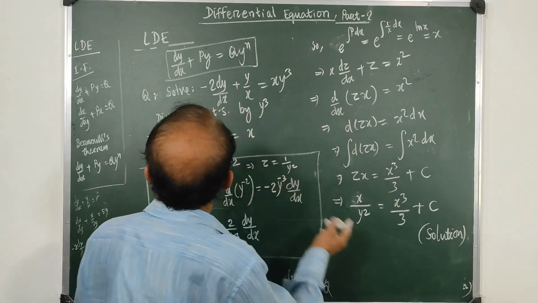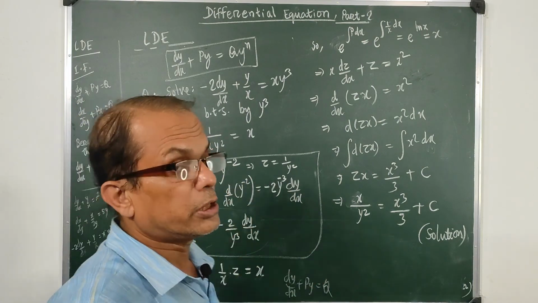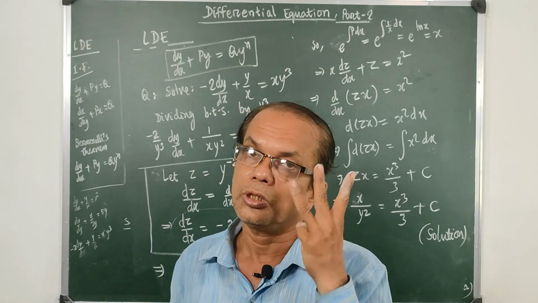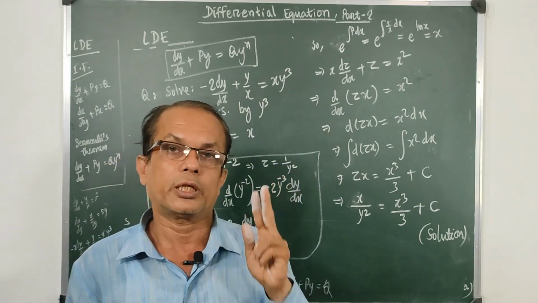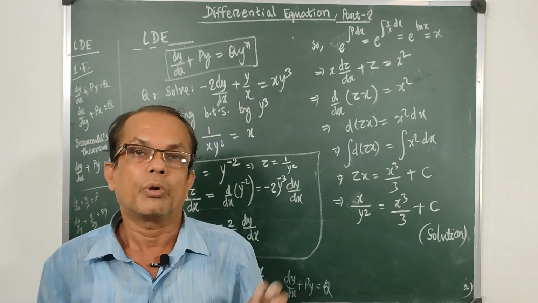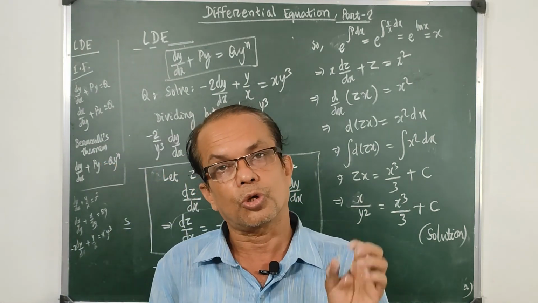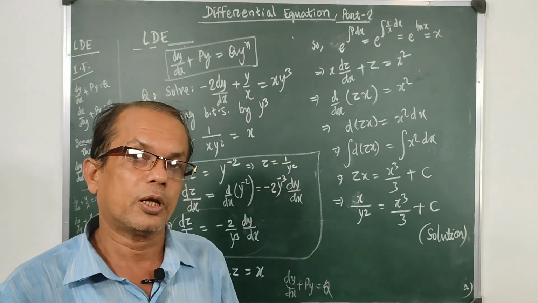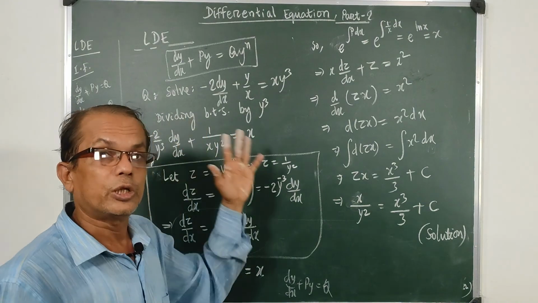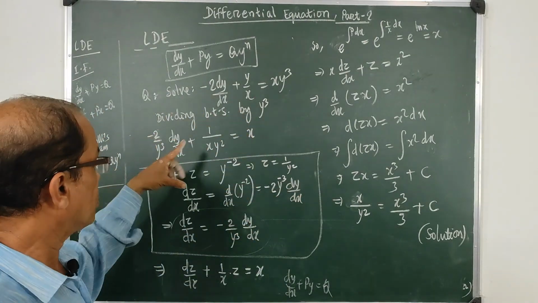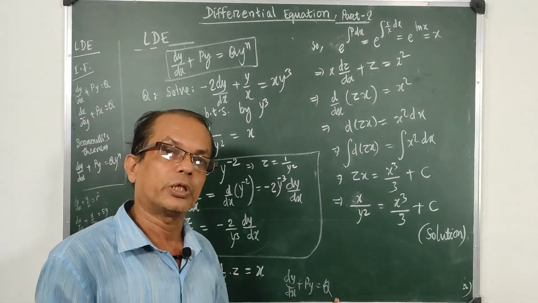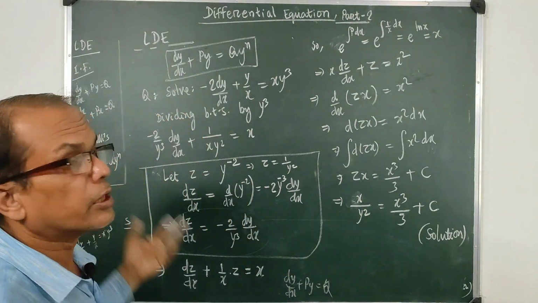Herewith we conclude part 2 of differential equations, which generally centers around linear differential equations that appear in three forms. The first form and second form are simpler types. They are directly linear differential equations, but the third form is Bernoulli's equation, Bernoulli's theorem, in which there is a y to the power n factor which we have to divide and technically use a process so that the whole equation is again converted to the linear differential equation form. Then we do it like type 1 and type 2.